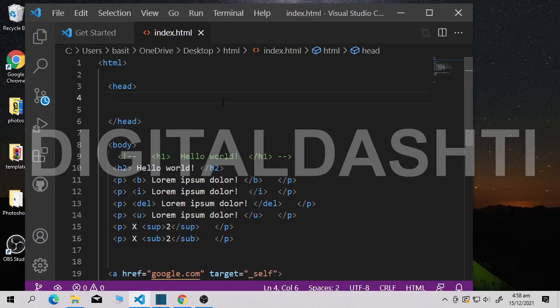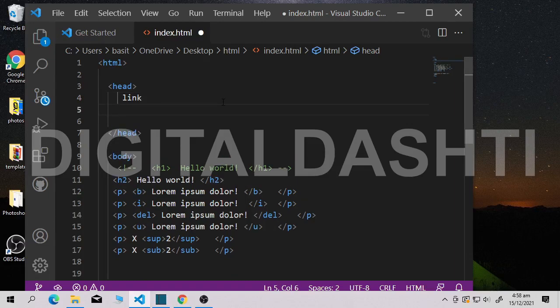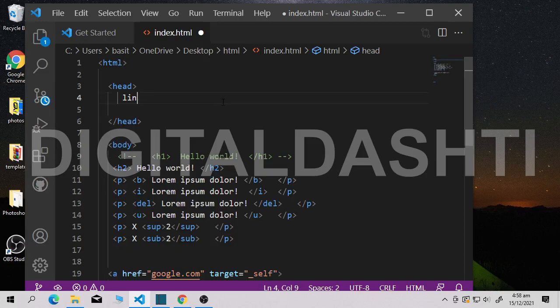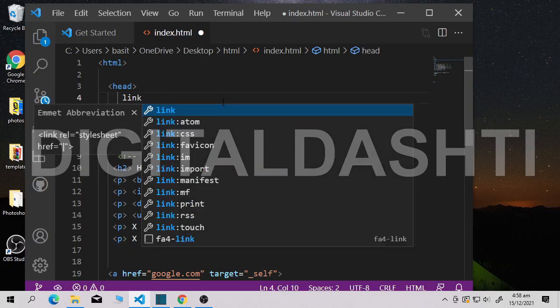Fine. Come inside your head element in HTML and write here your link tag. This is link and enter. Listen, I'm doing link, enter. This is only possible in Visual Studio because Visual Studio does so many things automatically.